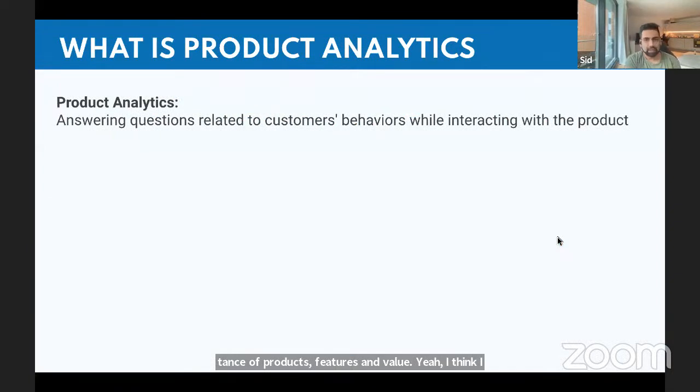When you think of product analytics, I think somebody mentioned something about users. It's basically trying to understand behaviors of the users of the product while they're using the product. What that means is that a lot of you in this room are using, let's say, Instagram or LinkedIn or Twitter, whatever social media platform you use. There is a very high chance that different people in the room use it differently.